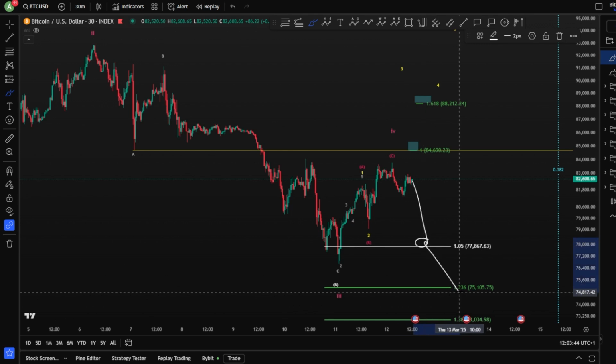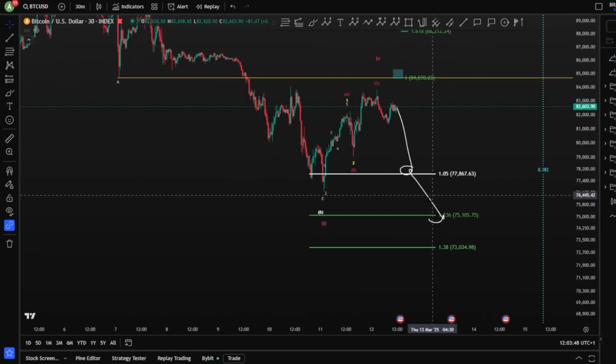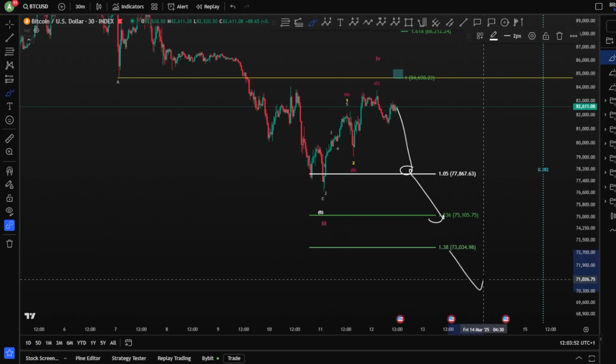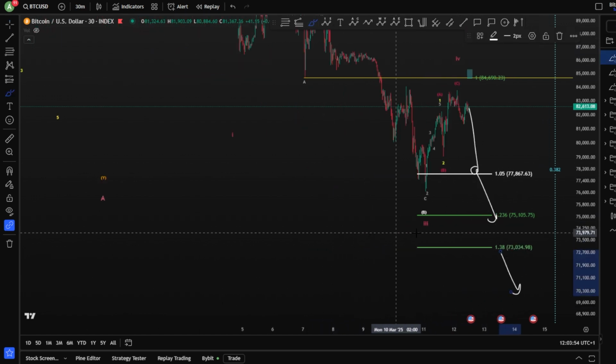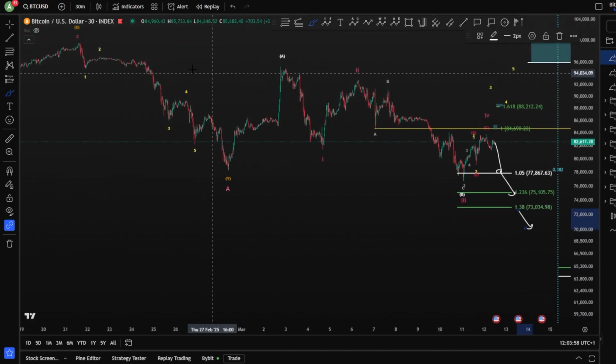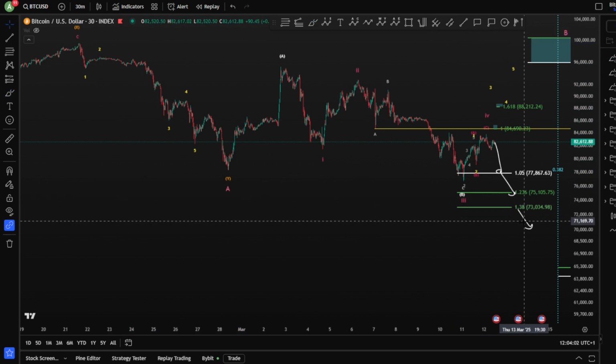It might be moving towards the downside for new fib levels for a wave B here. If we break those fib levels again, therefore a wave C might unfold, of course, for a big correction here as an A, B, and a C. Yeah, so these are the scenarios, guys.